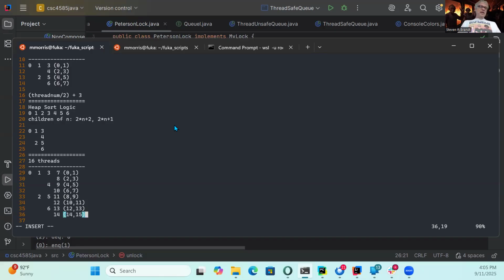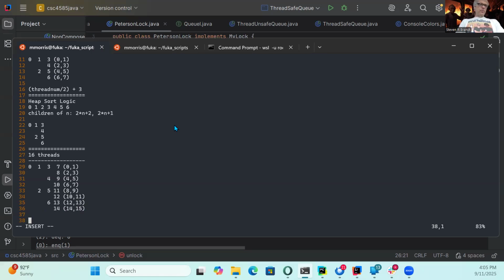Okay, so Reagan thinks that our formula is thread num over 2 plus 5. Unfortunately, it is not. It is plus 7.